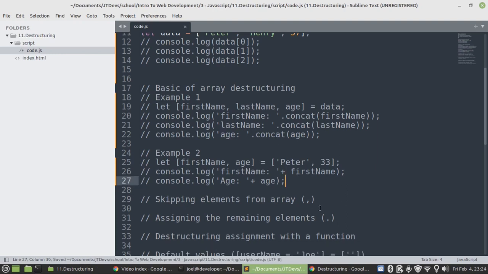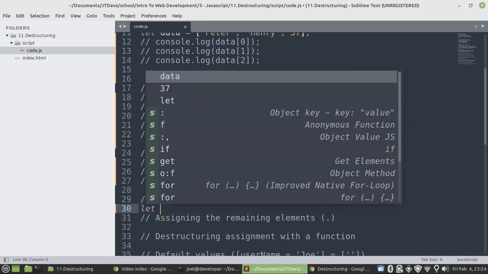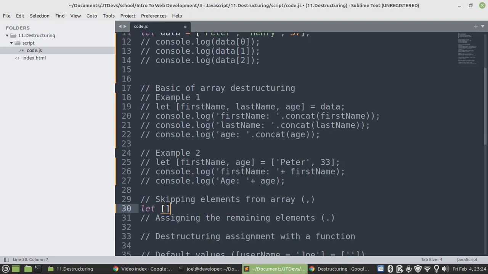Okay, so on the next example, we need to skip some elements. So I'm going to create an array. Okay, so let's say this will be first name. Then we're going to skip the second one. Then after that we have gender, and there we have age equals to